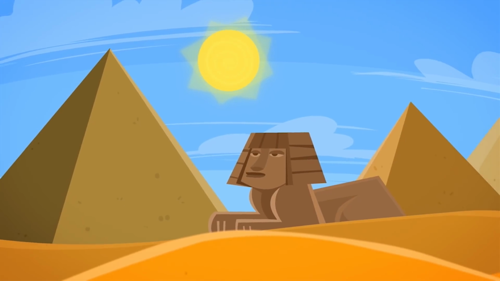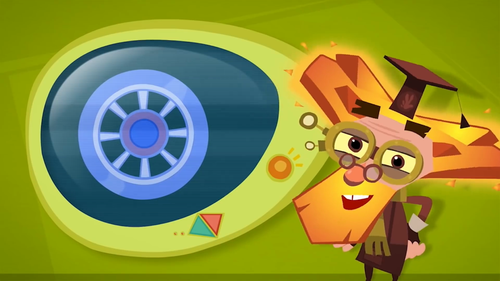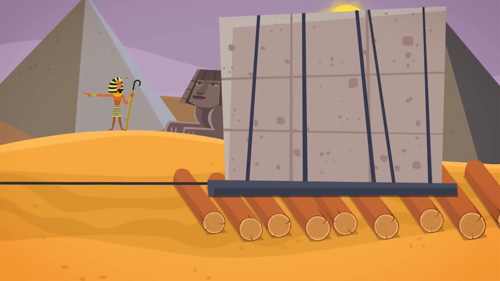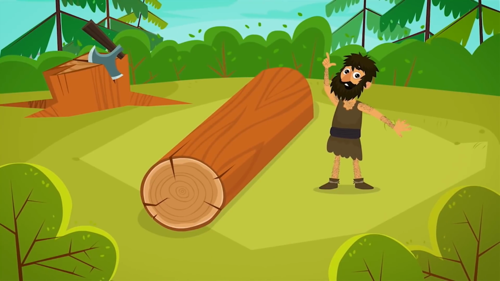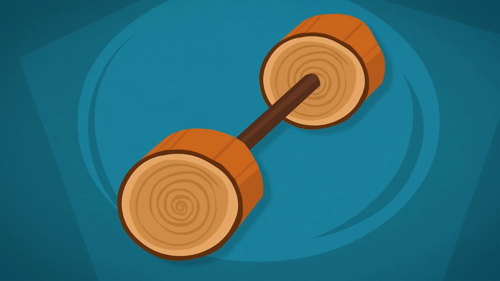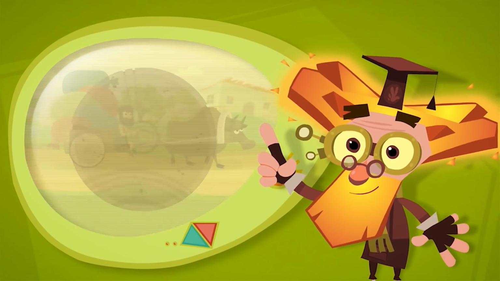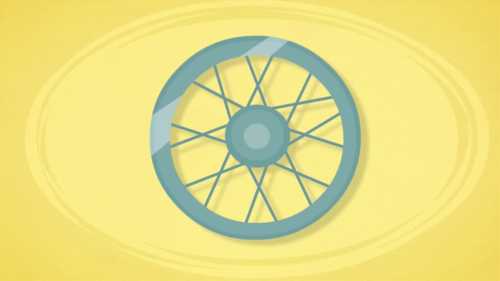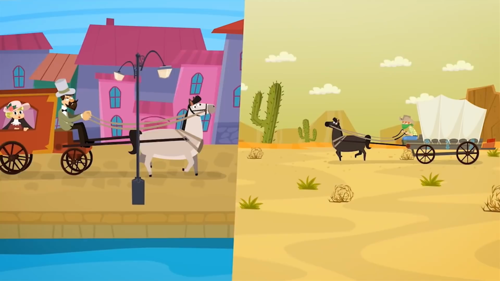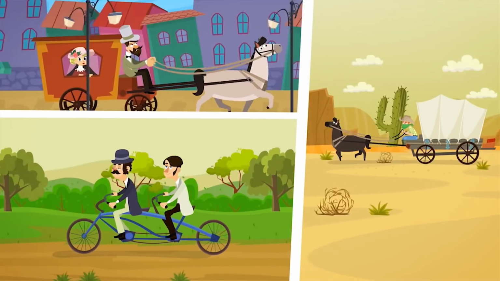For thousands of years, wheels have been helping people all over the world. The wheel's ancestor is a log. People would put logs under heavy loads to move them. Then people came up with the idea of slicing the log and connecting the slices with an axle. And there it was, the wheel. Wheels made life more convenient. Later came wheels with spokes, metal rims, and rubber tires. Soon people were wheeling around the world in and on all sorts of vehicles.